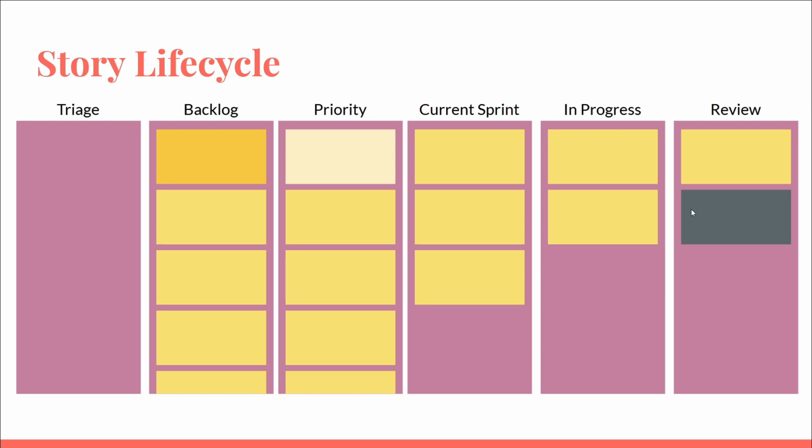Okay, so I have done all the work. I'm happy with it. I think I'm done. I'm going to put this up for ready for review, and I move it to this lane here. And this tells everyone else on the team, hey, you can go and review. These are the things that need to be code reviewed. So the team will say, okay, this is Jared's ticket. It needs to be reviewed. So I'm going to go look at it.